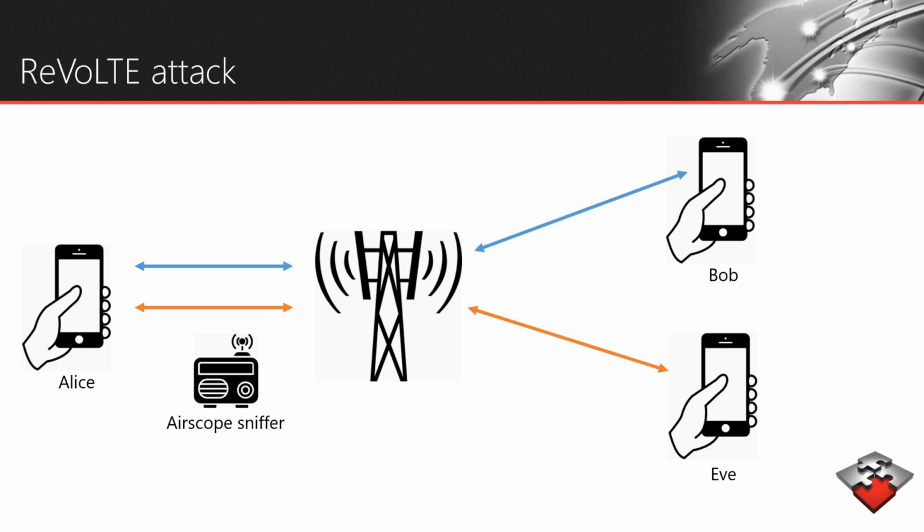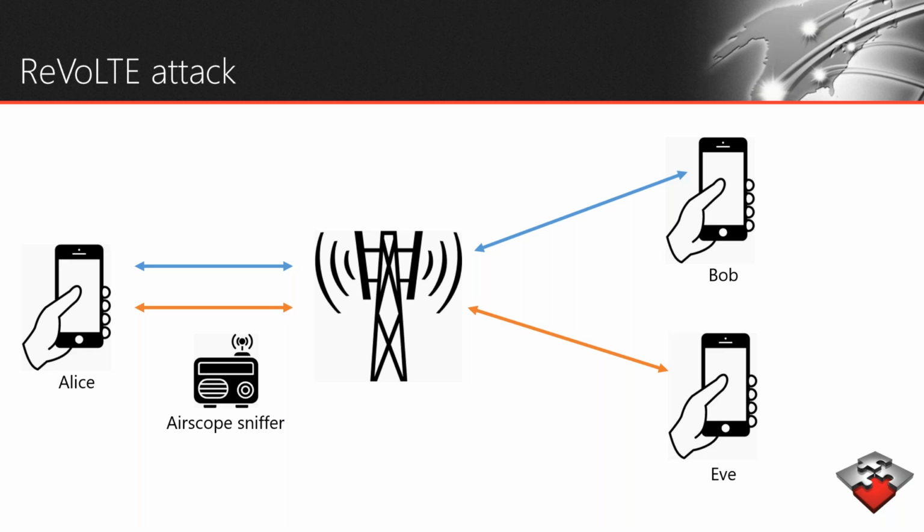For example, in this diagram, Alice places a secret phone call to Bob, and during this call, an attacker, Eve, is recording the encrypted data stream between Alice's phone and the base station using a sniffer device. When the sniffer device detects that Alice and Bob's phone call has ended, the attacker, Eve, has configured it to automatically call Alice within the required short time window.